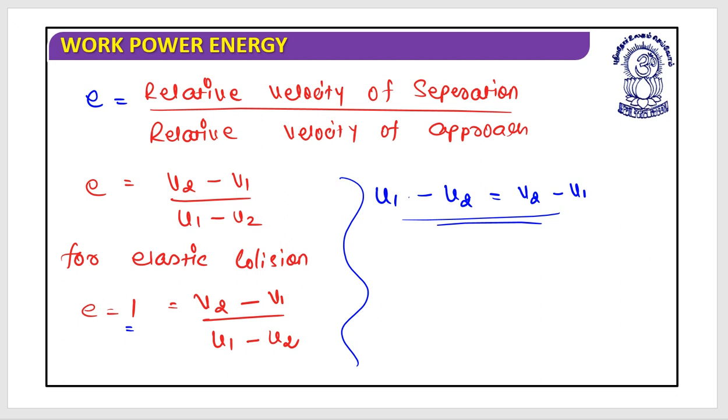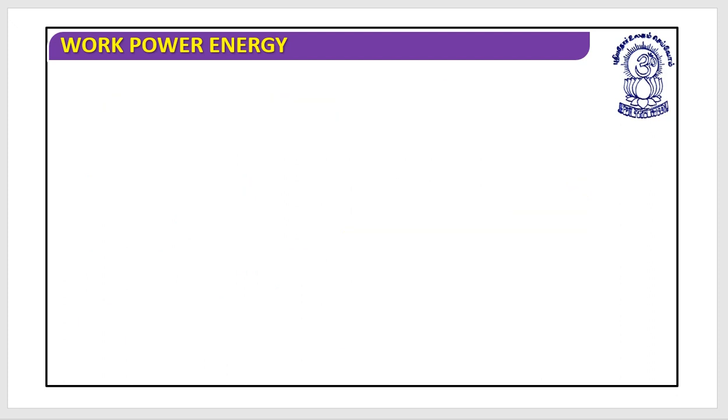I hope this is clear. Is it clear? Is there any issue? Now, do you understand what coefficient of restitution is? Are you clear with this? Any issue, any concern, any doubts? No? Great. So let's understand the first question with a different approach.